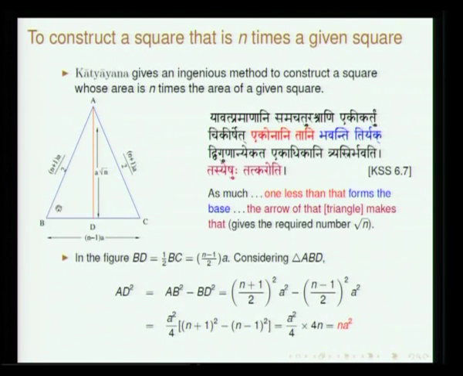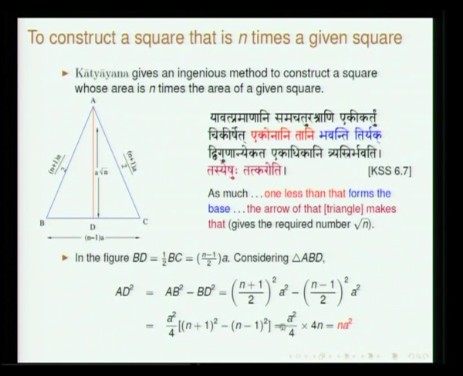Okay. Here let us look into this diagram. He basically tells that you have to conceive of a certain triangle wherein one of the sides, which can be considered as the base, is n minus 1 times a, see, ekonani. Then the other two sides have to be of this measure, n plus 1 into a by 2 and n plus 1 into a by 2. The perpendicular dropped from A will be root n times a.